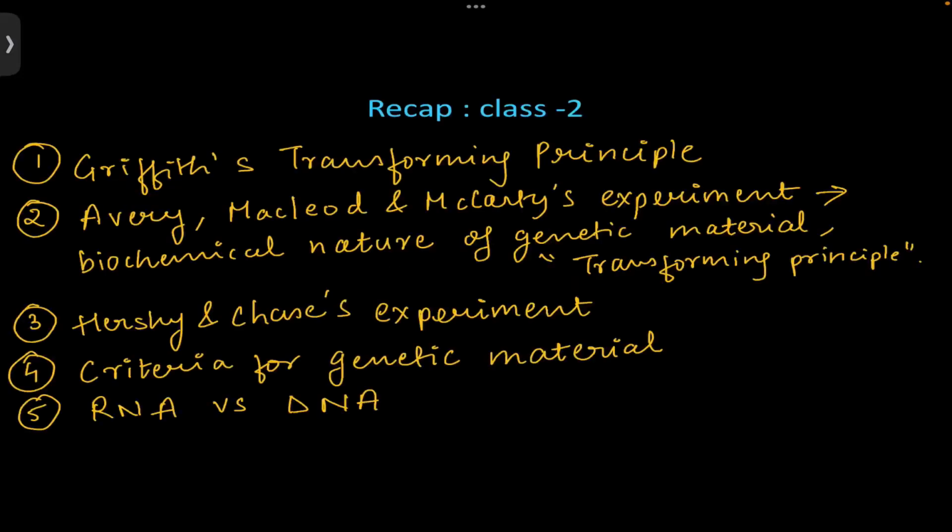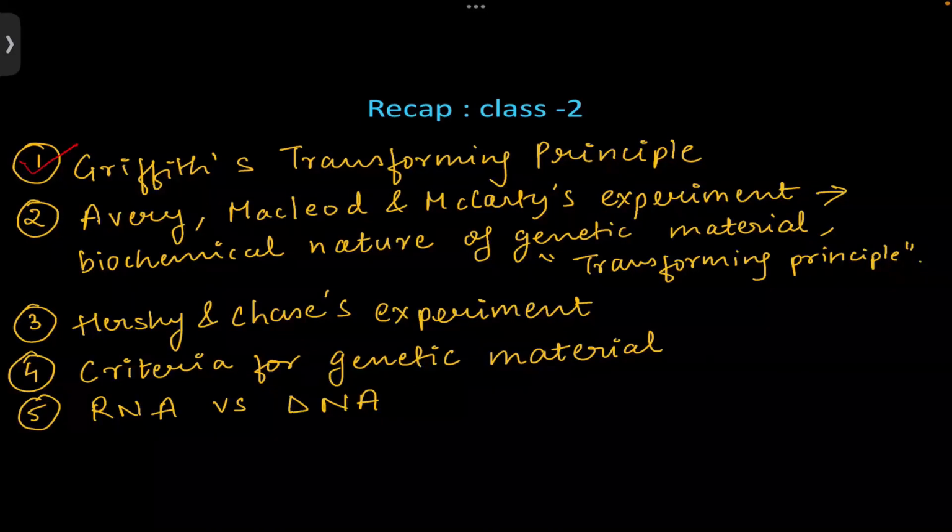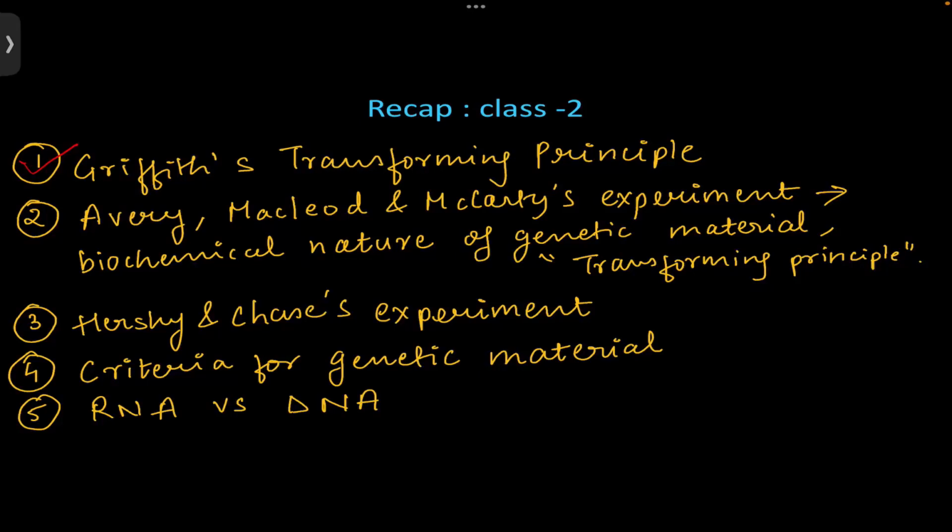So quickly recap what we have studied in the previous class. We saw Griffith's transforming principle. Griffith did his experiments on two strains of pneumonia-causing bacteria, that is Streptococcus pneumoniae, the R strain and S strain. And we know that he saw that there was something called the transforming principle that got transferred from the heat-killed S-strain bacteria to live R-strain bacteria, which caused the transformation of R-strain bacteria into S-strain, because of which